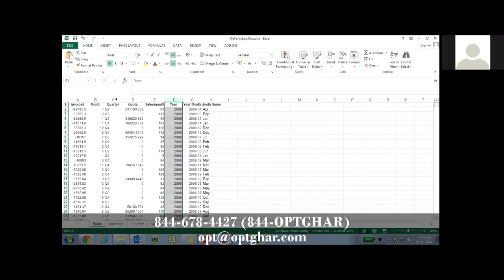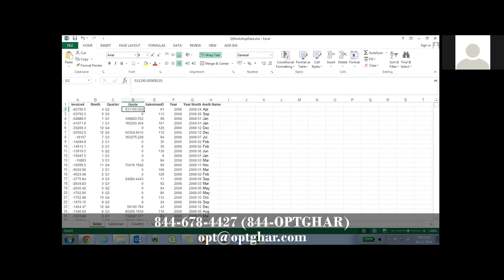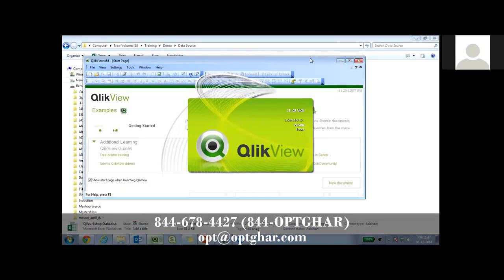So basically, we have three parameters. We have a dimension, which is the year dimension. I'm going to explain more details in terms of what is a dimension and what is a measure. We have something called invoiced over here. I have a salesman ID and some values against my salesman ID. In the second sheet, I have a salesman name and salesman ID. So I'm going to pull this sales data into my QlikView and quickly show you how it works. Here, I open this QlikView,